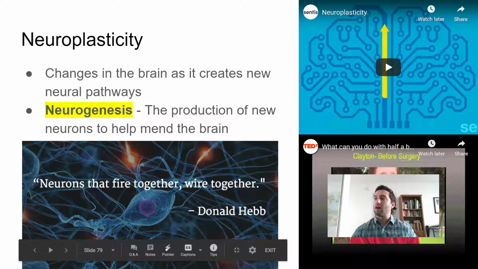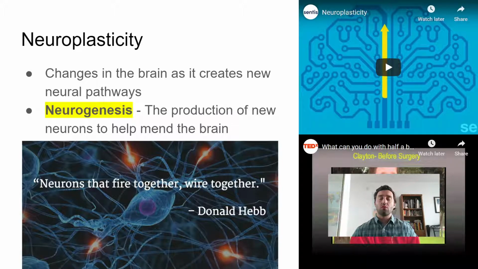That's going to get us to neuroplasticity. So neuroplasticity is basically the way that our brain changes over time. The idea of neuroplasticity is that our brain creates new neural pathways. This can happen for a whole lot of reasons. Basically, the main way that we're going to see neuroplasticity is as our brain does something, every time we do a certain behavior, which is obviously neurons firing at the most basic level. As those neurons fire, the more often they fire together, the more likely they are to connect, which is wired together, right? Neurons that fire together, wire together.